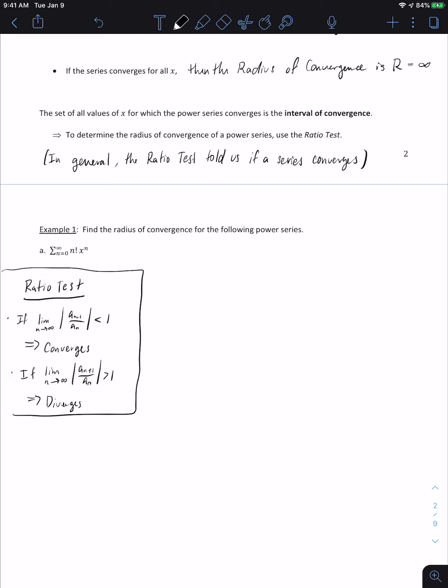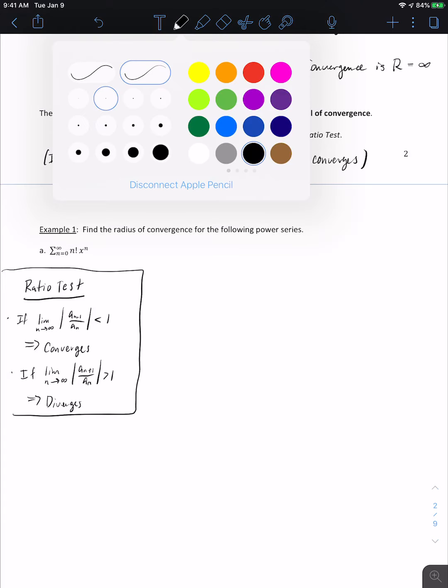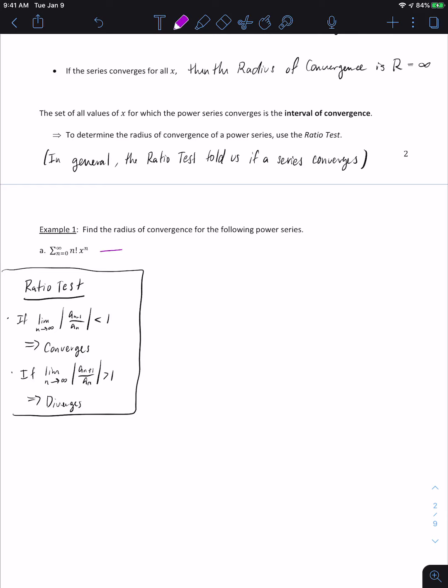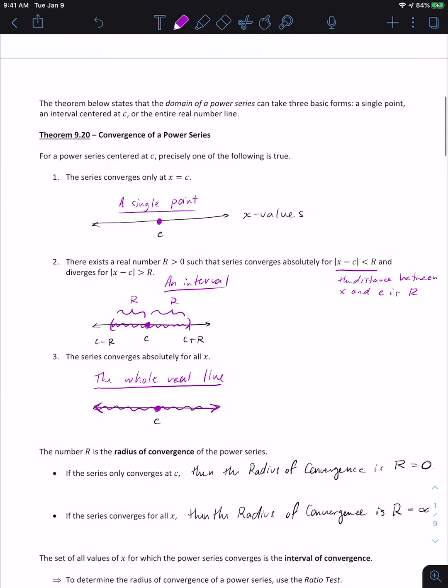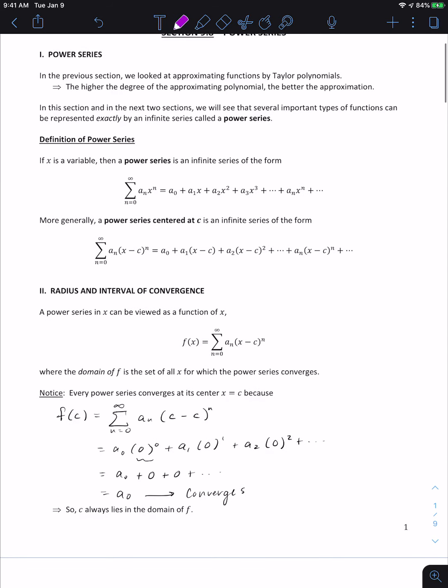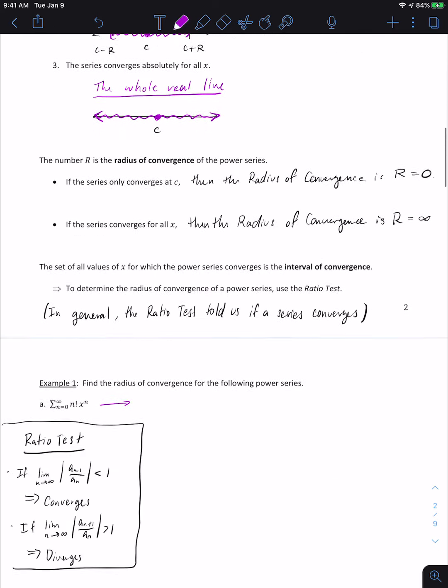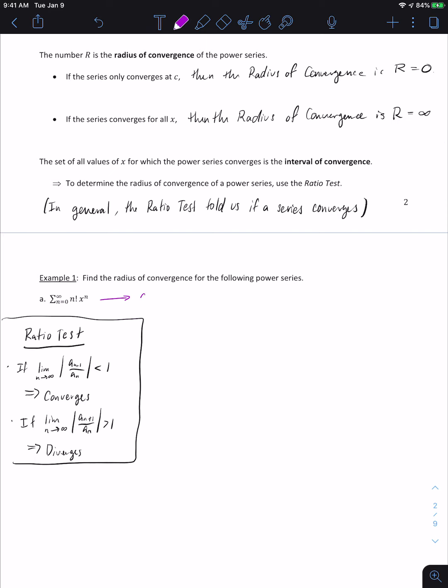Okay, so we've got this power series. Let's think about, first thing, what is the center of this? Remember, the center is the value that I'm subtracting from x. When it's just x by itself, we know it's centered at 0. And when I have x minus something taken to a power, we know it's centered at c. So in this case, since it's just x, we know it's centered at